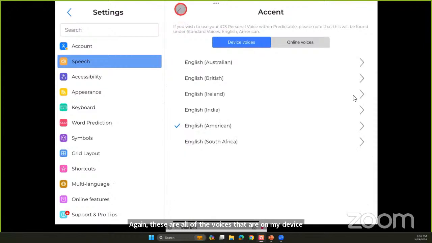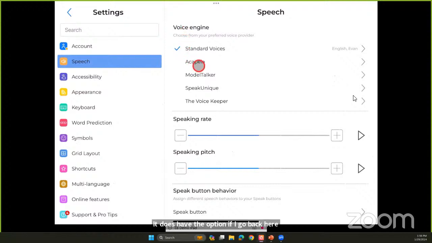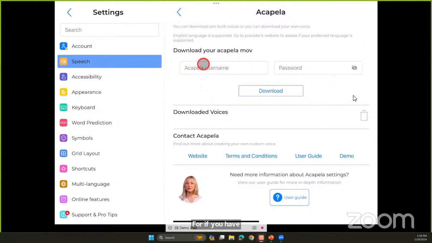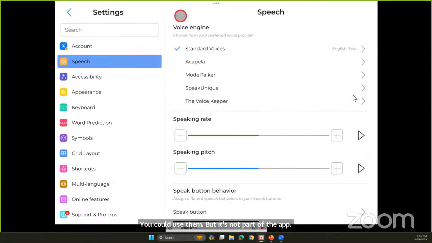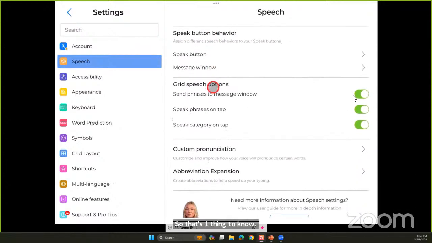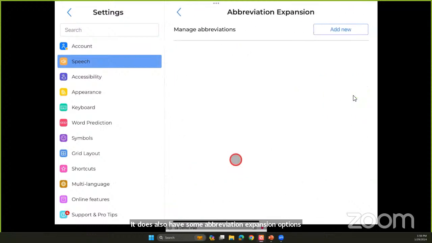It does have the option, if I go back here, for if you have a pre-built voice through Acapela and some of the other services, you could use them, but it's not part of the app. It doesn't come with the app. So that's one thing to know. It does also have some abbreviation expansion options down here. There aren't any built in, but you can add your own